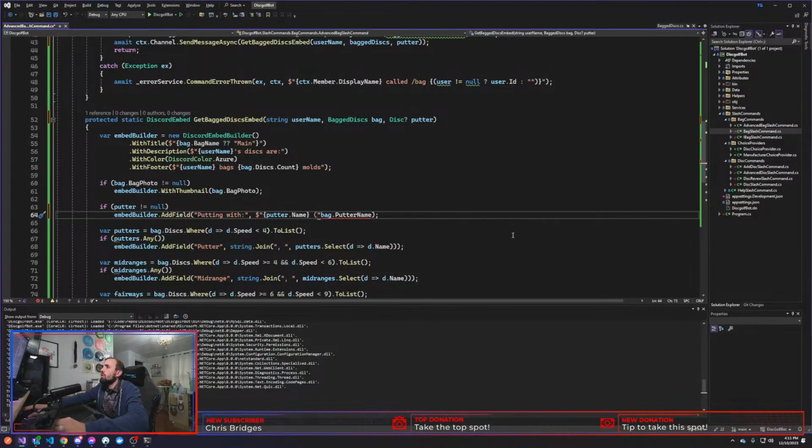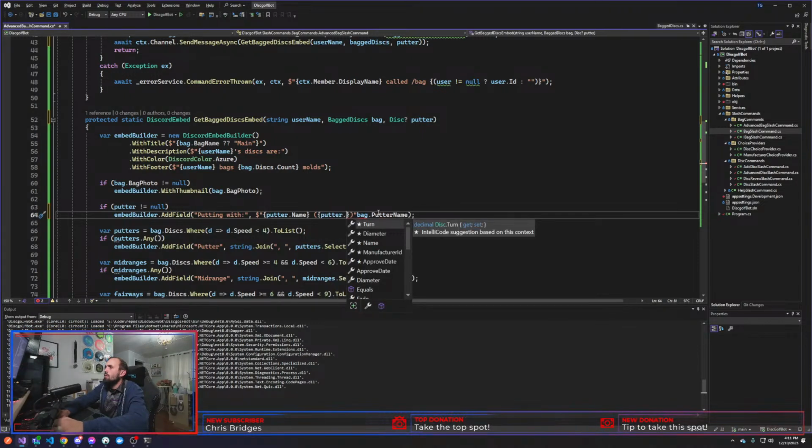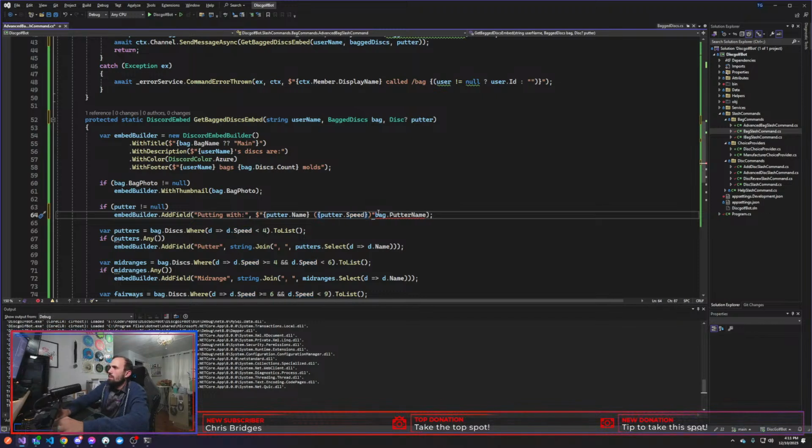So I'm going to give me the putter name and then wrap it in parentheses: putter dot speed, comma space, putter dot glide,